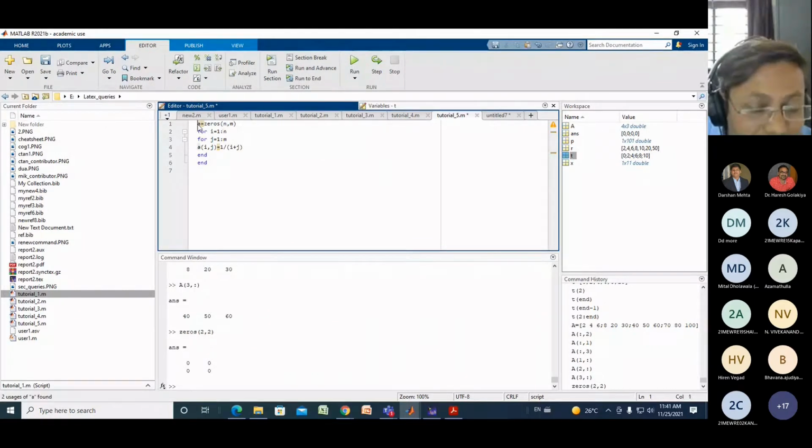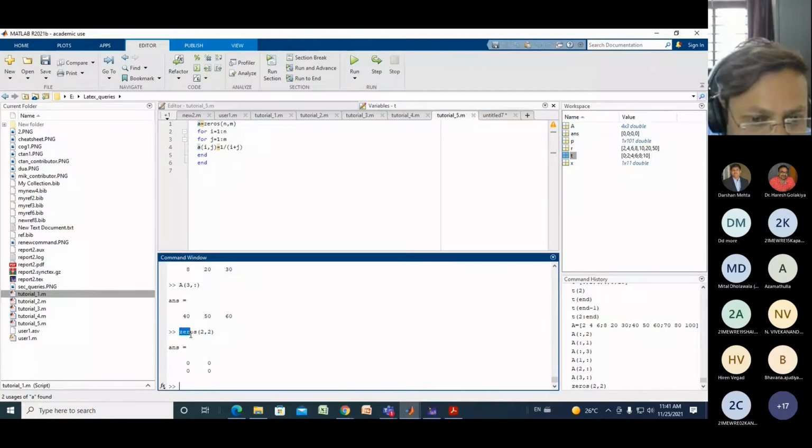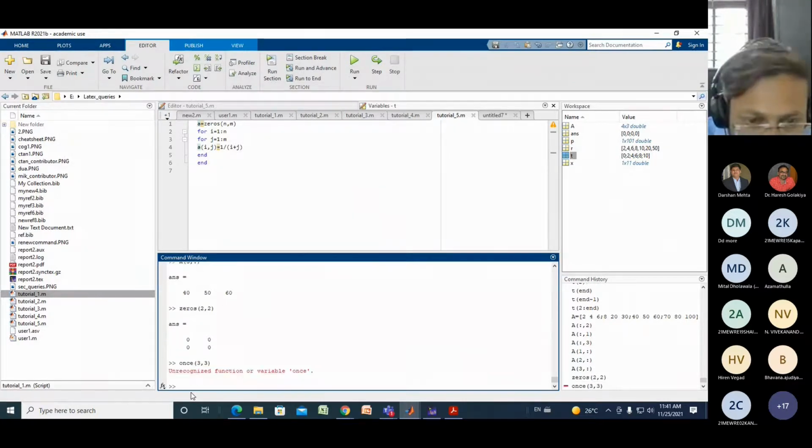Pre-allocation vectors have special importance in data manipulation. At that time we need to use the zeros and ones matrices. This is a function that MATLAB has created. So this is zeros. Now there is one more function, ones, for example ones of 3,3. So this is a pre-allocation vector, sorry,